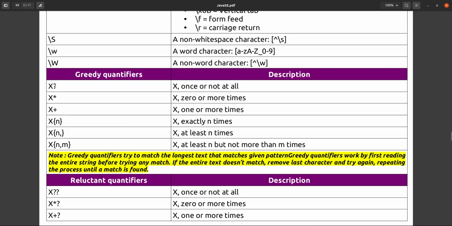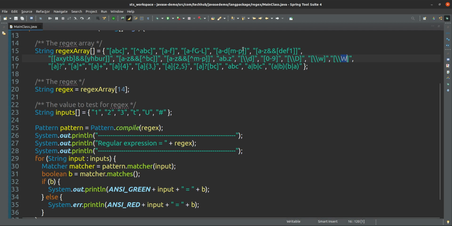Suppose this question mark symbol, if we use it, it means X occurs one time or not at all. Suppose A, here we are taking A. Next one is regular expression 15.